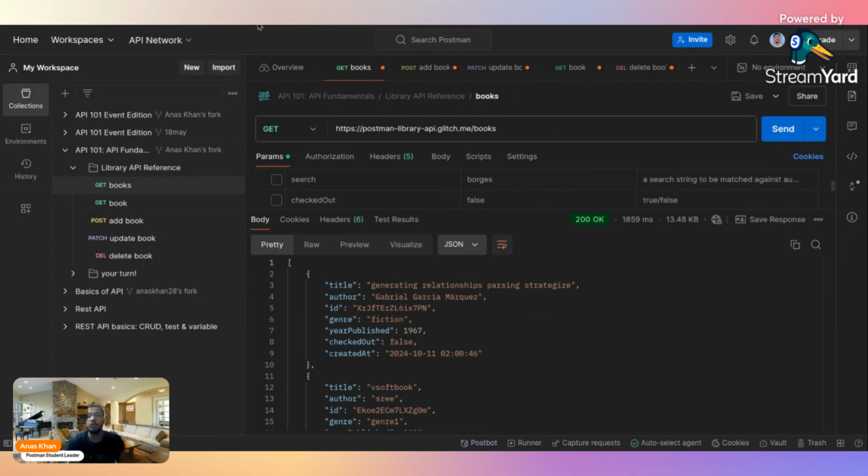This is the basic overview of how you can use Postman. This is authorization, to authorize headers to send more information about your API, body, script, settings. There are a lot of things that you will learn. I hope you guys have understood how APIs work and how you can use API with Postman to leverage it and make it more interactive, make it more useful for the development, in future. At the end, learning API is very essential and it's a very important thing that you need to do.